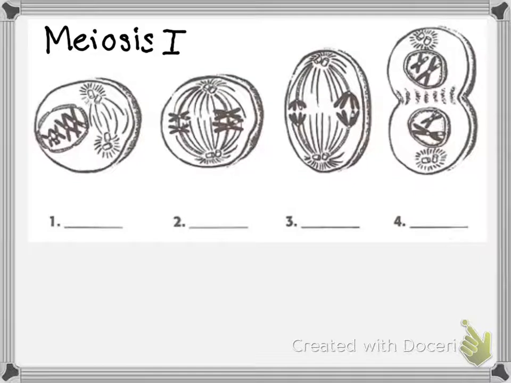Meiosis 1 does prophase, metaphase, anaphase, and telophase. Many of those are similar to the steps that you learned about in mitosis, but there are a few little changes. So let's start off with number 1. Number 1 is prophase